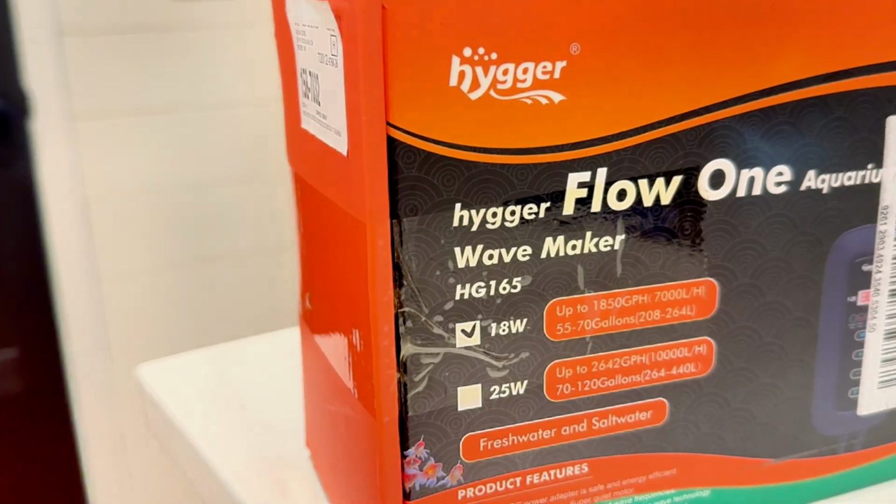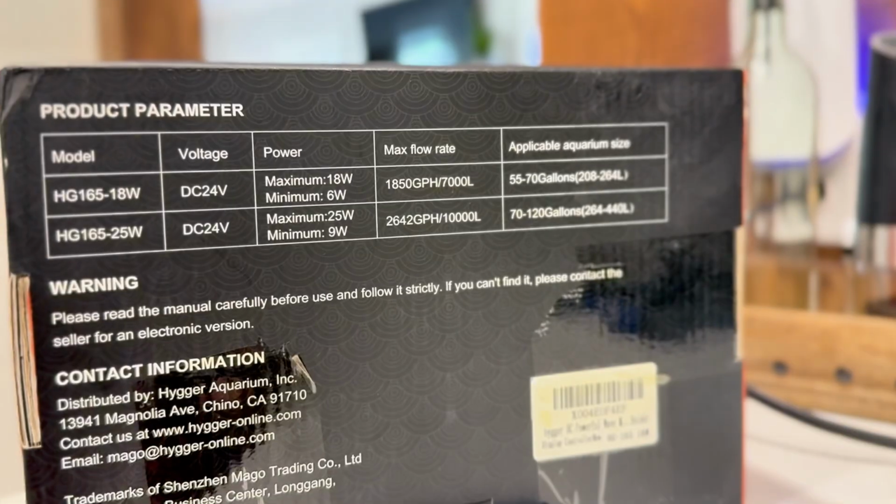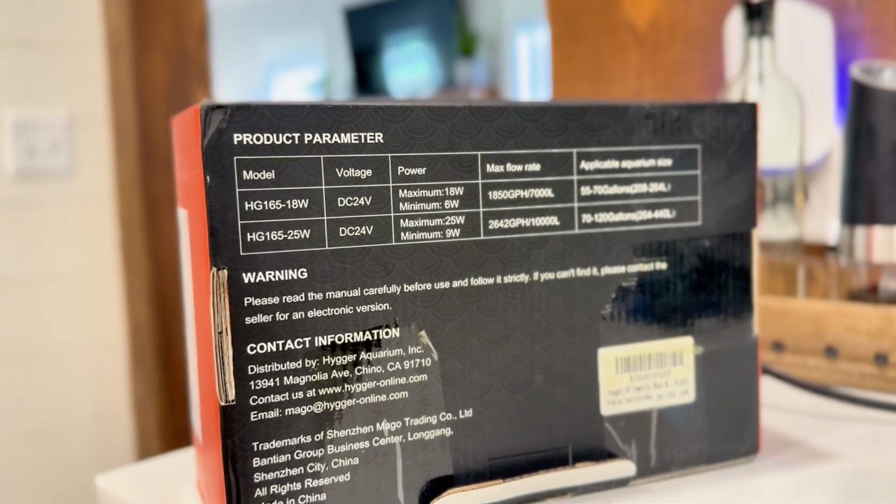Now let's get something out of the way up front. My tanks are not the right size for this wave maker, but I think that's what's going to make this test so interesting. This thing is actually made for 55 to 70 gallon tanks, which is somewhere around 200 to 300 liters. Obviously I don't have a 70 gallon tank. I do have my 13.5 Sea Evo and then a cheap 10 gallon tank. So we've got a variety of tests we're gonna do and just see how this thing performs in each one,